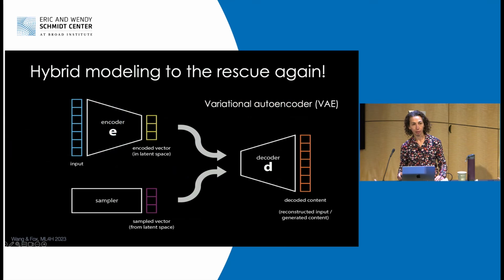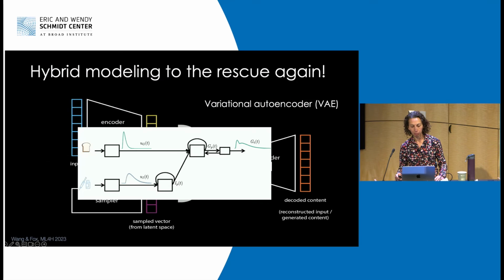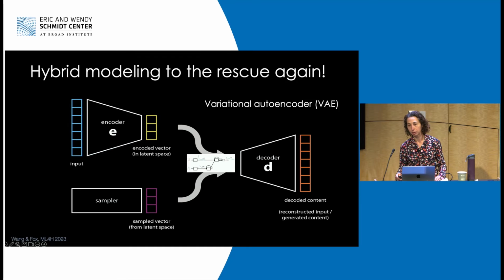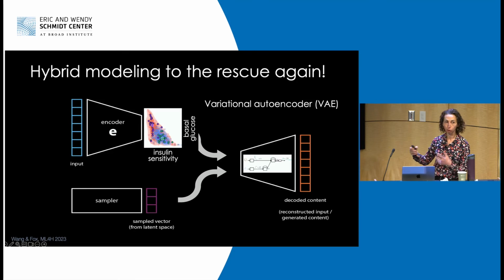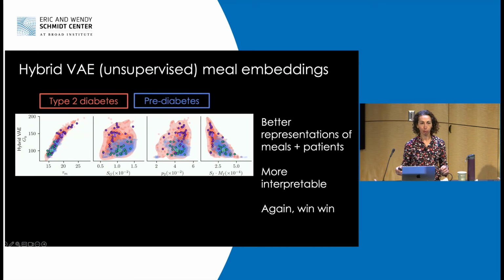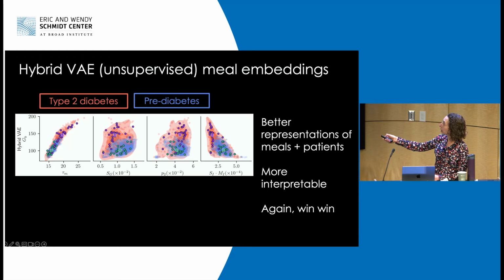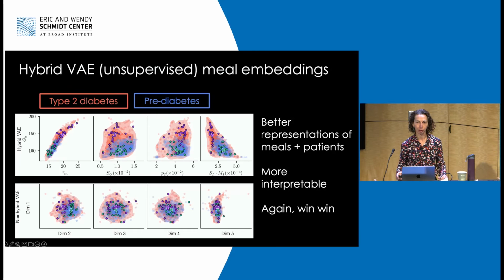So instead, we can again leverage hybrid modeling where we take our mechanistic model and use it to ground the decoder, which implicitly defines our embedding space in terms of these clinically meaningful quantities. And as we look across our embedding dimensions, what we see, again, these dimensions have interpretable meanings, and we see differentiators between these populations that align with things that are known in the literature. But the same is not true for the standard VAE.